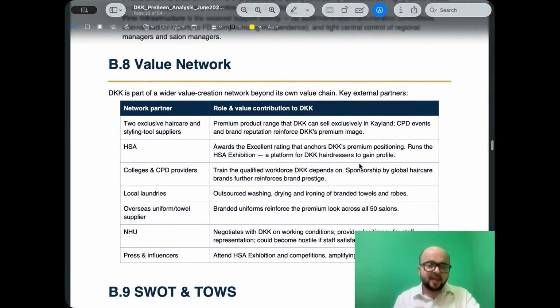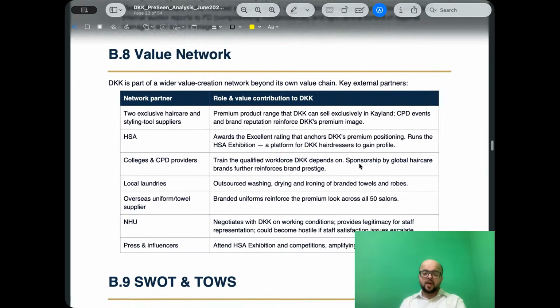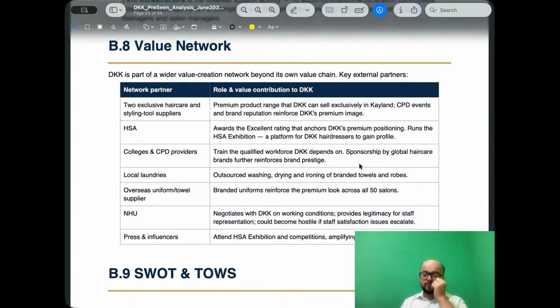Okay. Now let's understand the value network. DKK is part of a wider value creation network beyond its own value chain. The external partners, the two exclusive hair care and styling tool suppliers, premium product range that DKK can sell exclusively in Kalen, which means these products cannot be sold by anyone else. Only DKK can sell it, which basically means there is a chance of higher sale, higher revenue. CPD events and brand reputation reinforce DKK's premium image. HSA awards the excellent rating that anchors DKK's premium positioning, runs the HSA exhibition, a platform for DKK hairdressers to